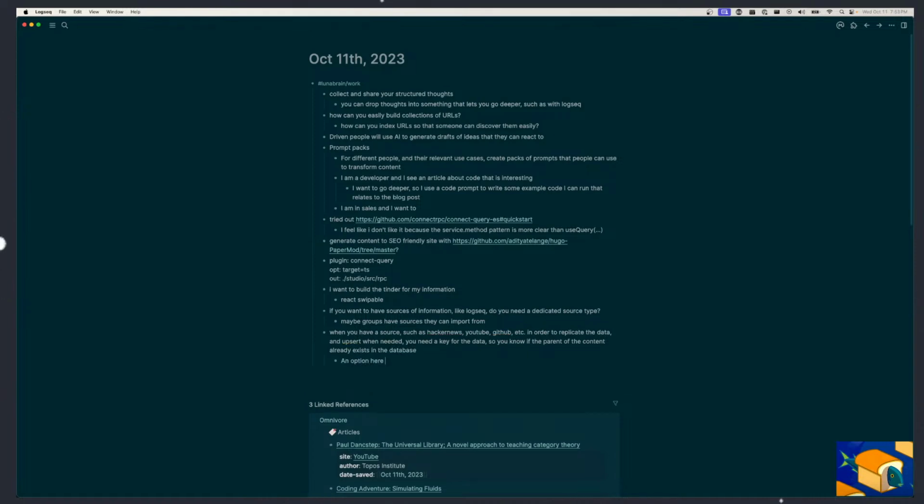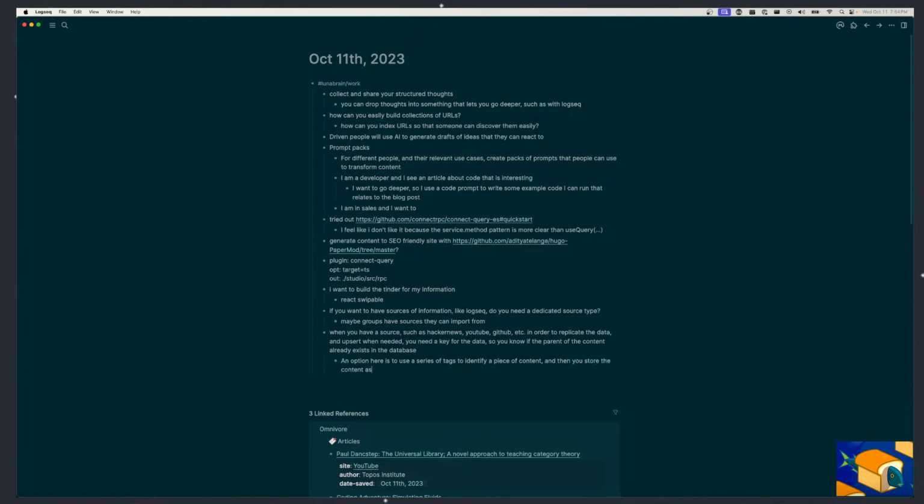An option here is to use a series of tags to identify a piece of content, and then you store the content as